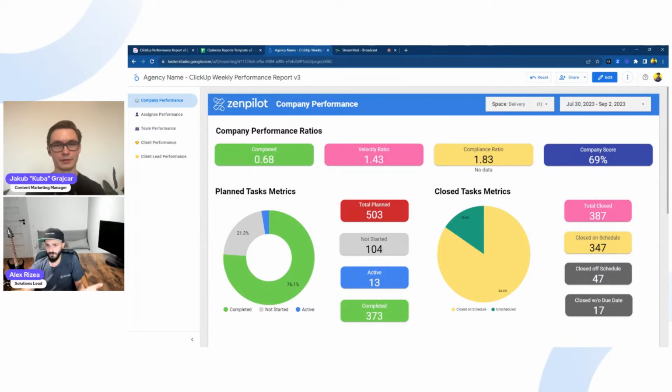But probably this would be a long stretch for agencies to share with their clients what's going on from ClickUp. A lot of agencies do use Looker Studio to build something from analytics or from Google Ads or from other platforms. But where people don't really think to use Looker Studio is to look at their ClickUp data. So that's where this platform can be very useful.